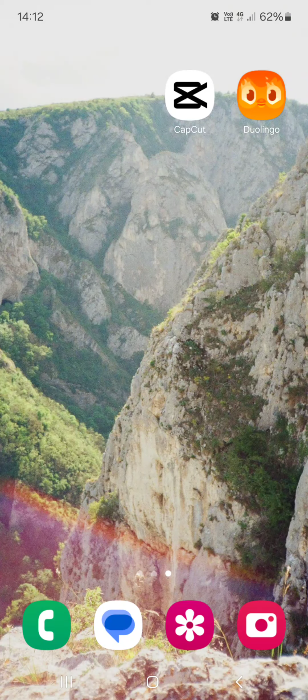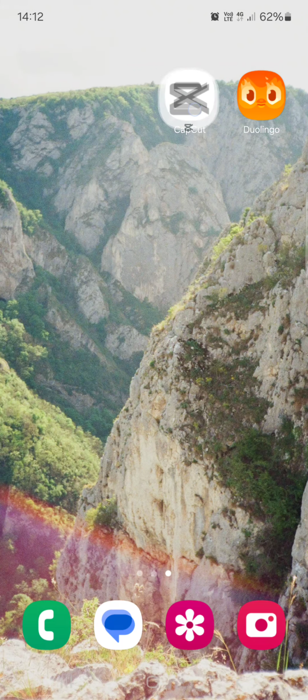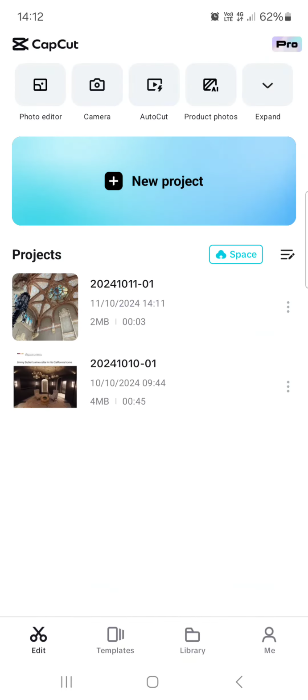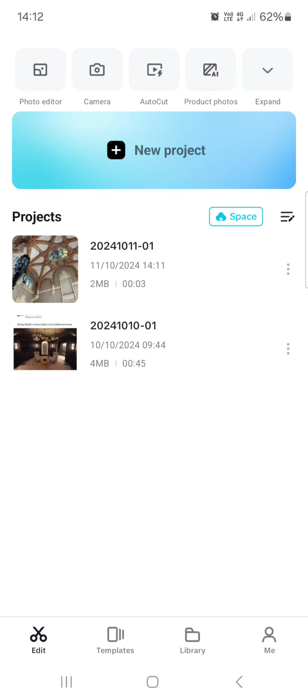So guys, in this video I'm going to show you how to create a new project in the CapCut app. First you have to open up the app, and here it opens up in the edit menu, and here we just tap on new project,